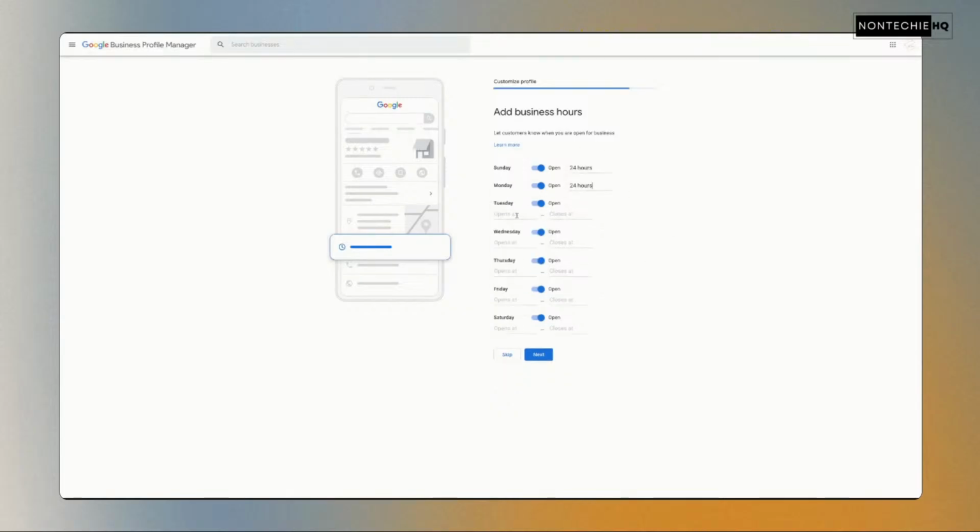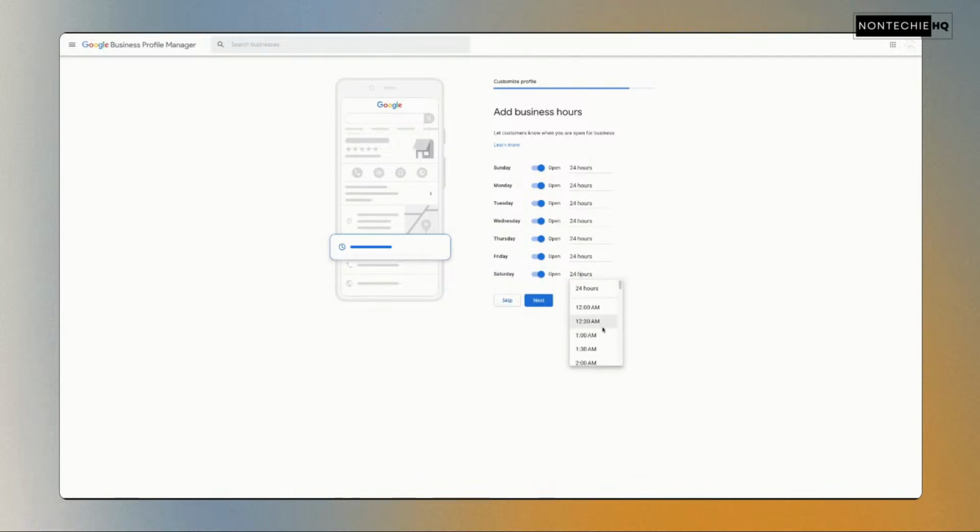I'm going to put 24 for them. And if you wanted to do a time, you can turn them off, turn them on. You can also mix it up where you can have a set of time. You can also add 2 sets to where there's like a break. And you can continue to add hours from there. And then I'm going to turn that back to 24, and then we'll click next.